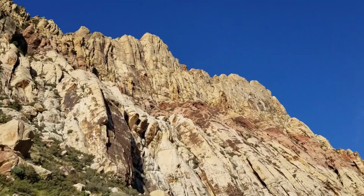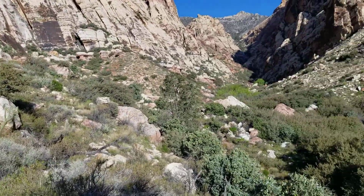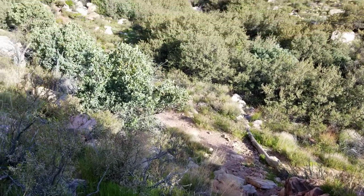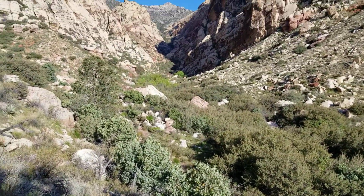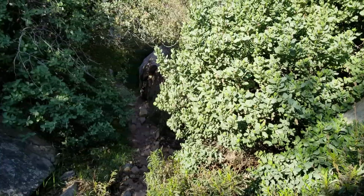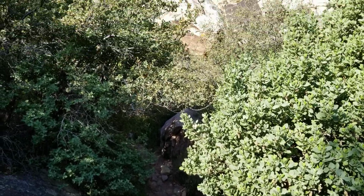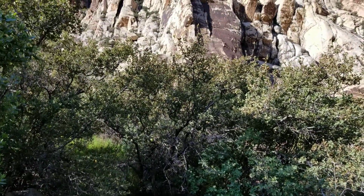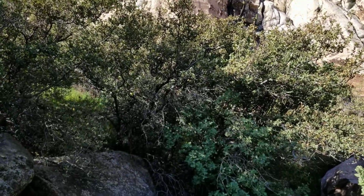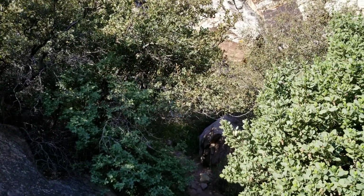Here's Indecision Peak. Okay, it's a real puzzle. And I can tell you, if I did this again, I could easily take the wrong rabbit trail. But so far, we are directly on track. Here we go. Okay, here's our first view of the brush that we're facing. My goal is to head around. There's Indecision Peak and there's a ridge right here, and to head around the lower side of this ridge,